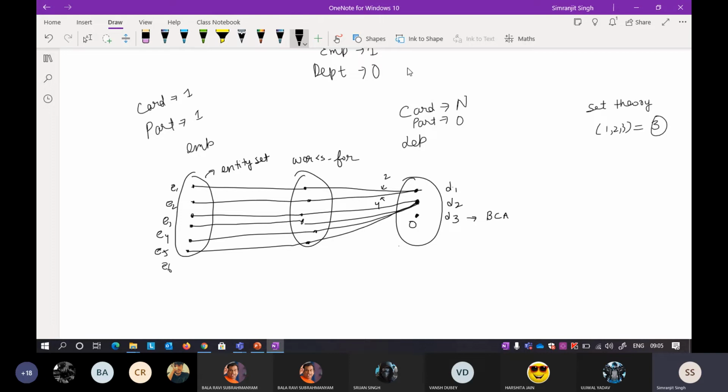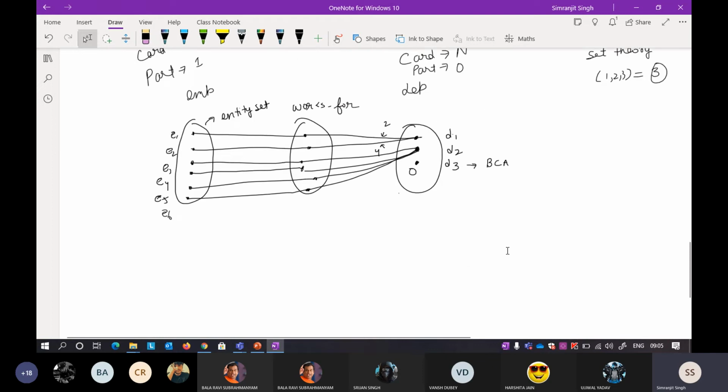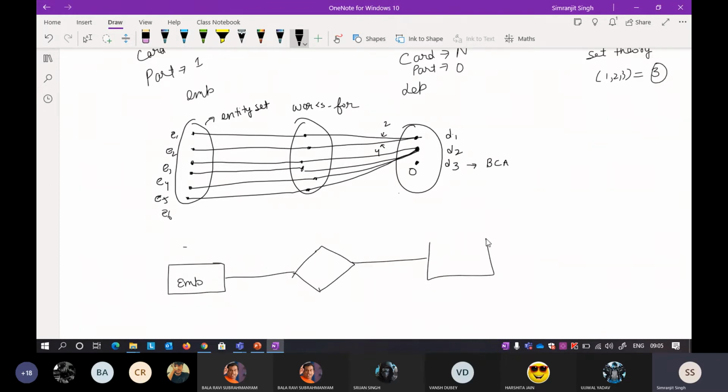Okay, so till here we have done. Now you can easily represent this in a simpler notation. How can you represent it? You can use this box. Now this is one entity, that entity is referred to as employee. The relationship is represented by a diamond. You already know that, I think you have already studied. So diamond, and then there is something called a department. So this relationship is works for